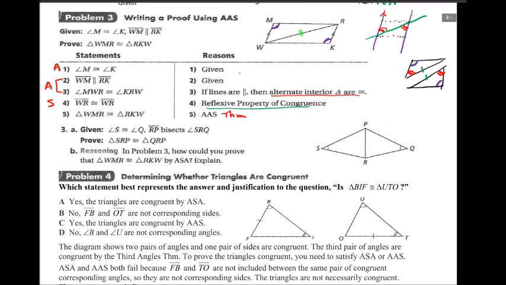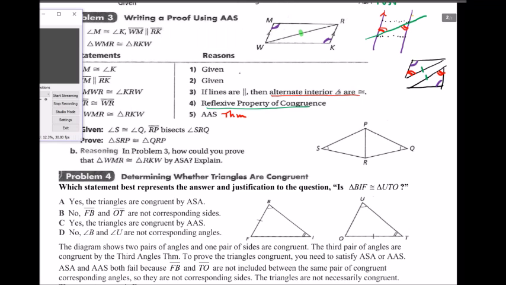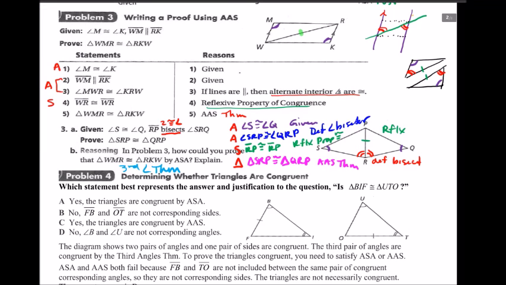All right, so why don't you go ahead and look at the next one. Pause the video, do the next one. Okay, that was pretty easy. We were given our congruent angles, S and Q there, and then we were told that segment RP bisects